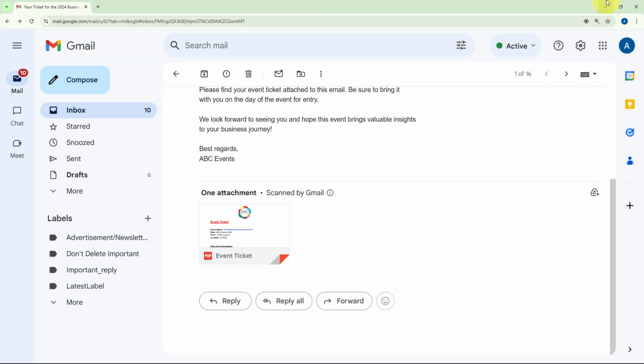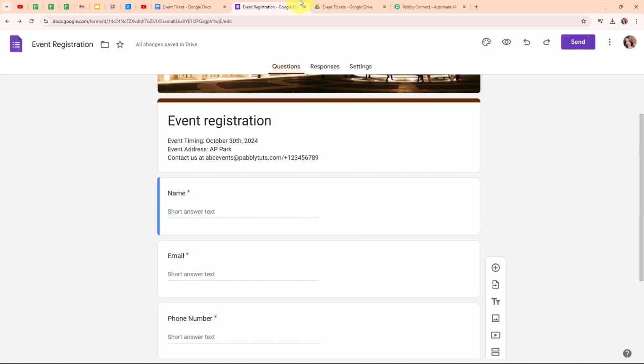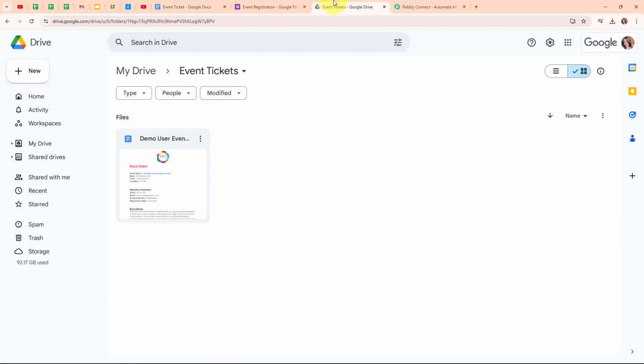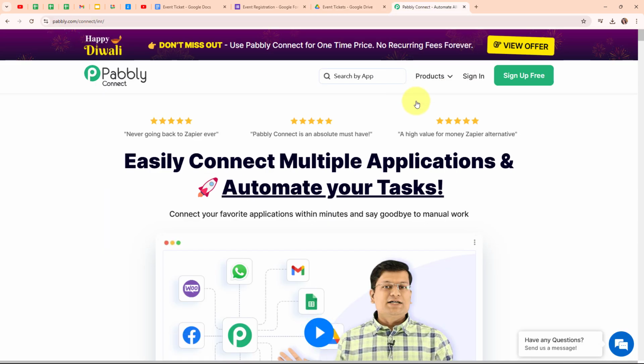And here to automate this entire process, I need to connect my Google Forms with my Google Docs, Google Drive and my Gmail account. And here to build this connection, I'm going to use an automation software named Pabbly Connect. So Pabbly Connect is an amazing automation and integration software and it connects all your favorite apps and makes